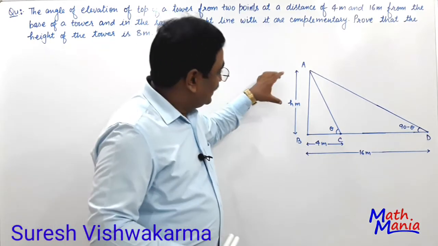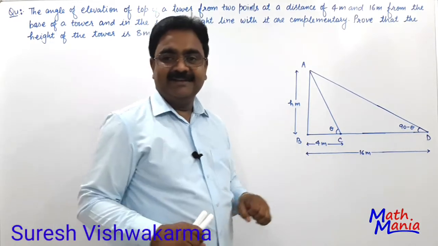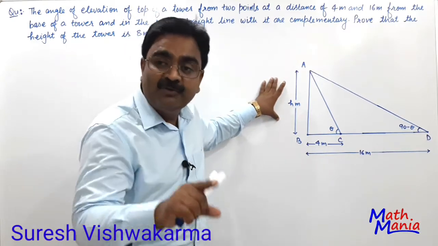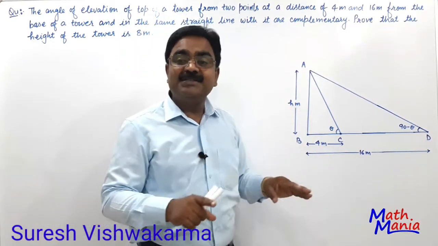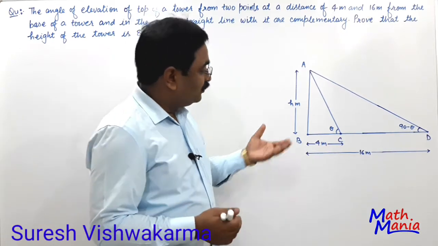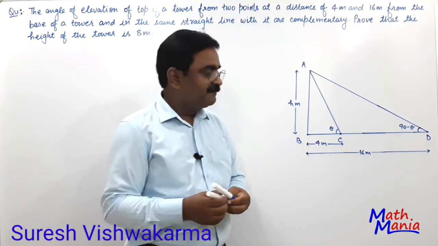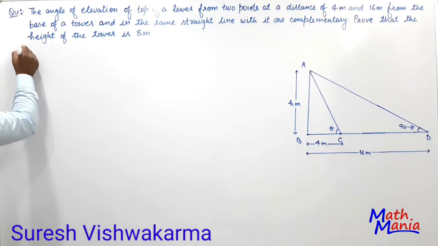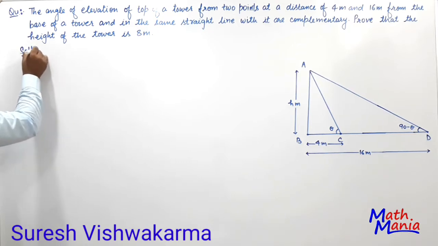हमें इस टावर की हाइट फाइंड करनी है. So we are going to find out this height of the tower, means the value of small h which is 8 meter. Right friends, so let's see how to find the height of the tower with this. In this, first of all you have to write down all the information according to the question.